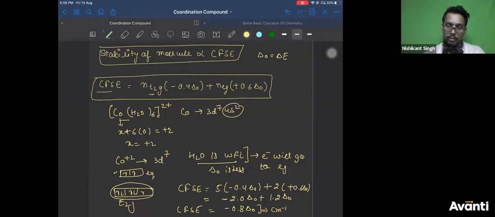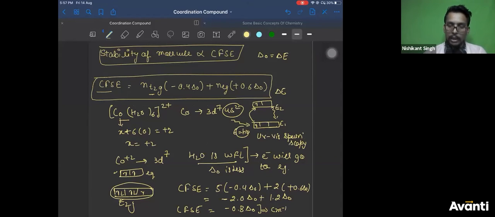Correct? Now, I will tell you how to convert it into joule. So this is energy. Now I'll tell you how you find this energy between t2g and eg. This is an experimental method. If an electron is in t2g and you throw energy on it, it will absorb a photon and get excited to a higher energy level. So by UV visible spectroscopy, which is the name of the spectroscopy, the photon will have some energy. Let's say this is E2, this is E1, right? So you will measure ΔE, E2 minus E1,